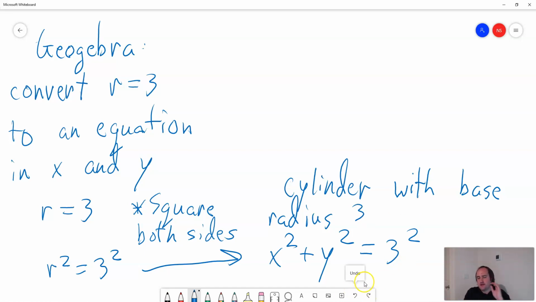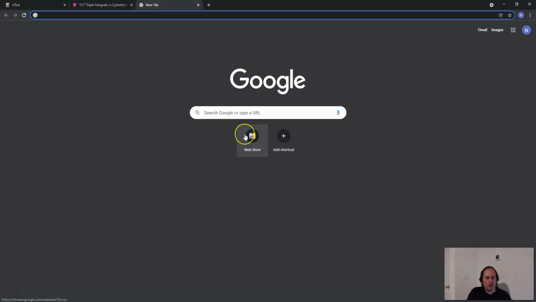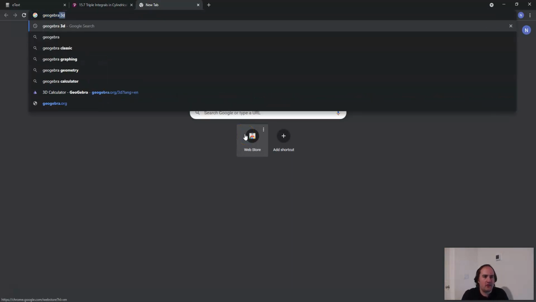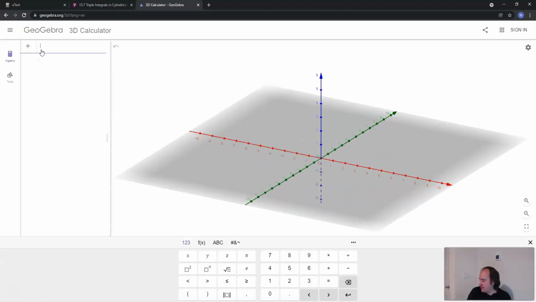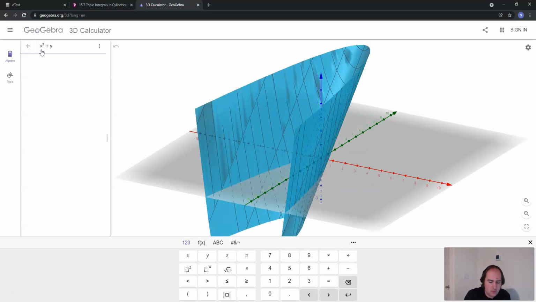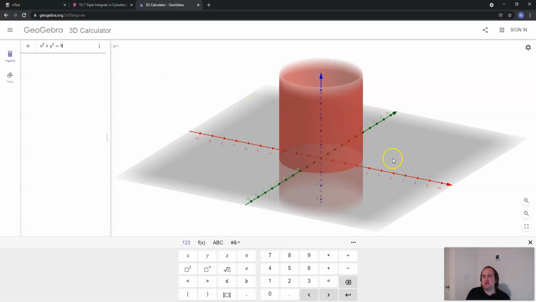Okay, so we can go ahead and type this in to GeoGebra, but we probably don't want to write it as 3 squared. So 3 squared is 9. So we're going to do x squared plus y squared equals 9. Okay, so if we go to our GeoGebra, I'm going to close it and reopen it. That way I don't have the same problem as I did last time where I had 2 pictures on the same graph. Okay, so when I reopen it, I can go ahead and type in my x squared plus y squared equals 9. And as you can see, you have a cylinder,